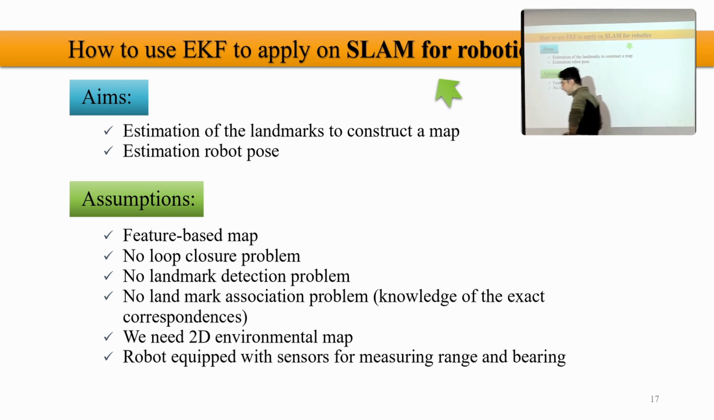We consider we don't have a loop closure problem. It means that for now, we consider that those features that we extracted, we know which one is which one, and not only that, but we also know which one is the loop closure. So your robot starts from,